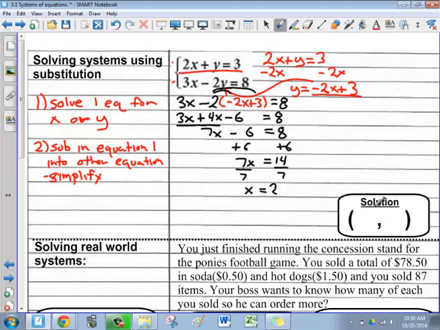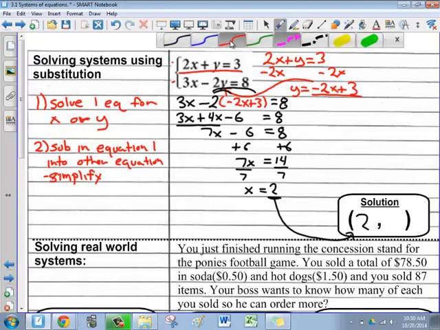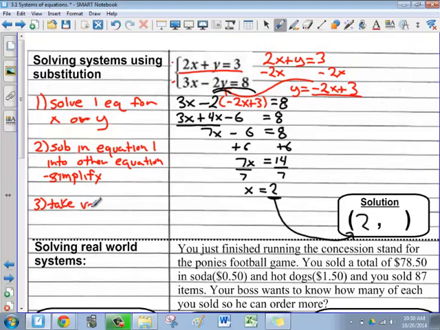So I know in my solution, my x value is going to be 2. So I'm going to take this and I'm going to put it right here. So that's my next step, step 2. Now step 3 is probably the easiest of them all. Well, maybe not. We can debate that. Step 3 actually asks you to do this. Take the value you got, it could be the x or the y, depending on what you solve for, and plug it into either equation. Okay? So now we're going to take this 2 and I'm going to plug it into either of